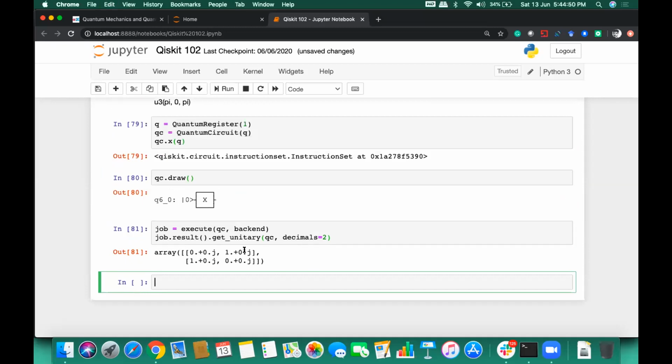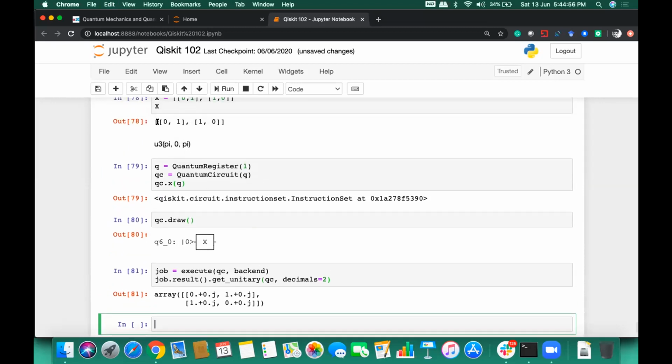This will return an array. You can see how the output looks. It is the same as how we defined X: 0 plus imaginary part, 1 plus imaginary part, and again 1 plus imaginary part, 0 plus 0j.